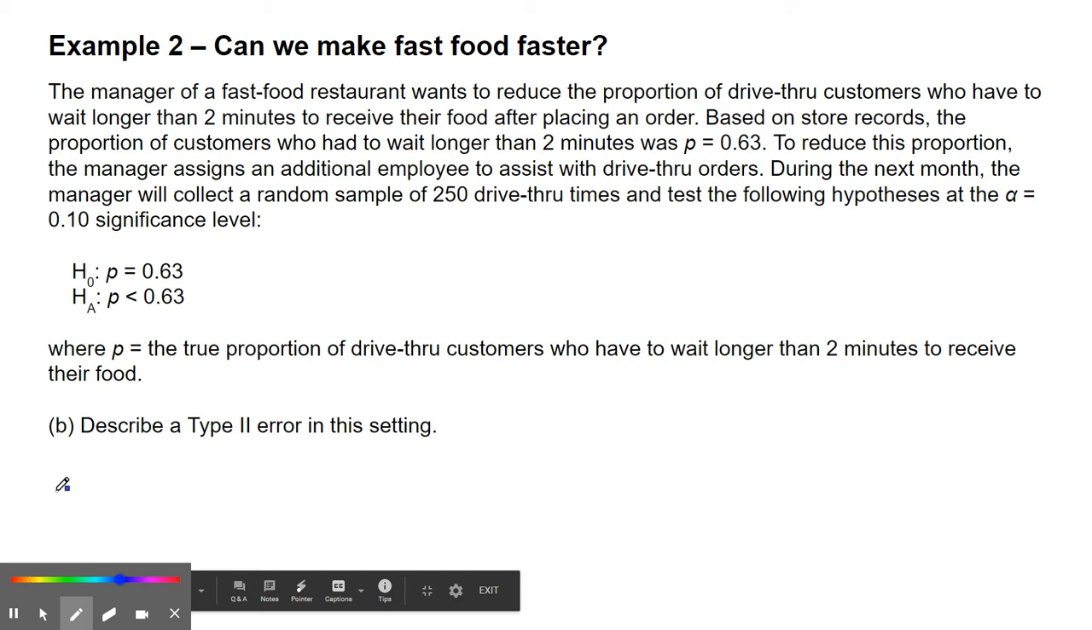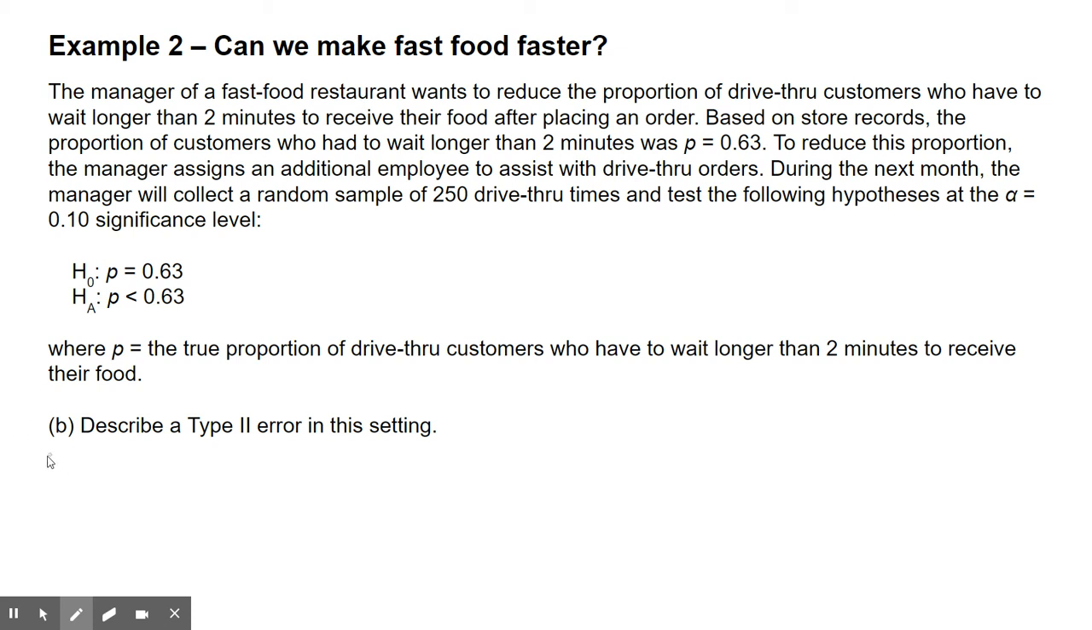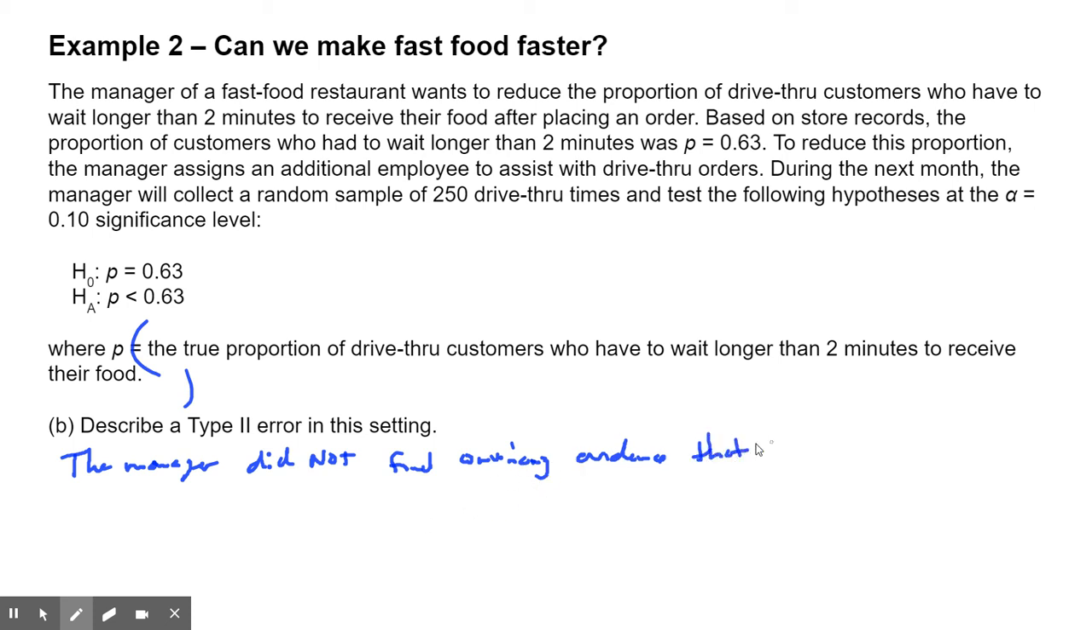B. Now we're going to describe a type 2 error. So now in the type 2 error, we fail to reject the null when we really should have. So in this case, if you fail to reject the null, that means the manager did not find convincing evidence that, and again, we're going to copy that down. That's why your copy and paste feature. Did not find convincing evidence that the true proportion